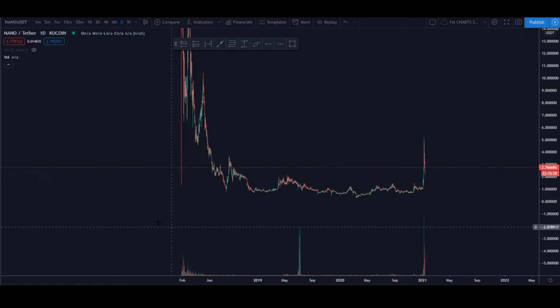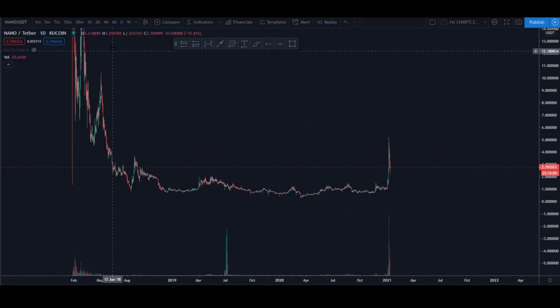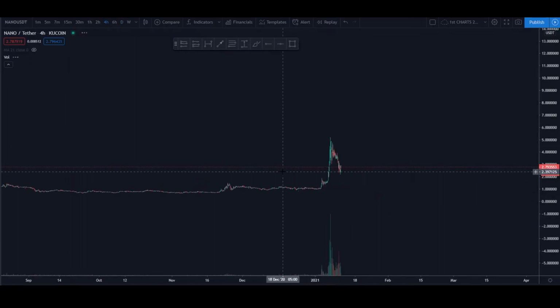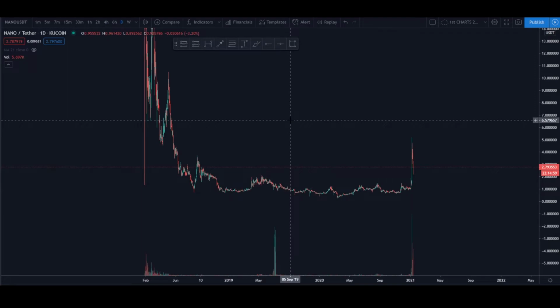So now, speaking of which, I am on KuCoin exchange and I am on Nano USDT. I'm going to be doing USDT type of contracts again. As you can see, they did pump almost 400%. So we will now check what kind of areas we can expect from this coin and what kind of areas we would like to test in the future, and possibly try to find a